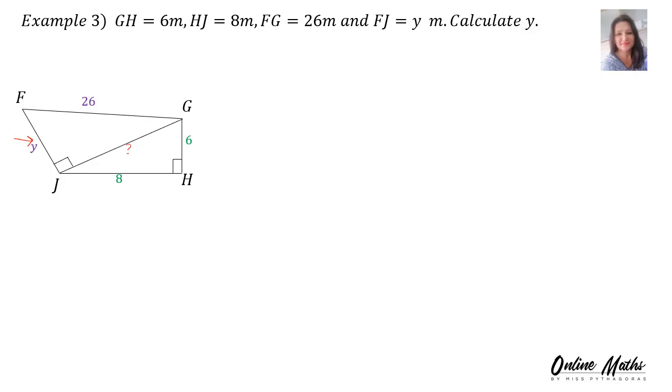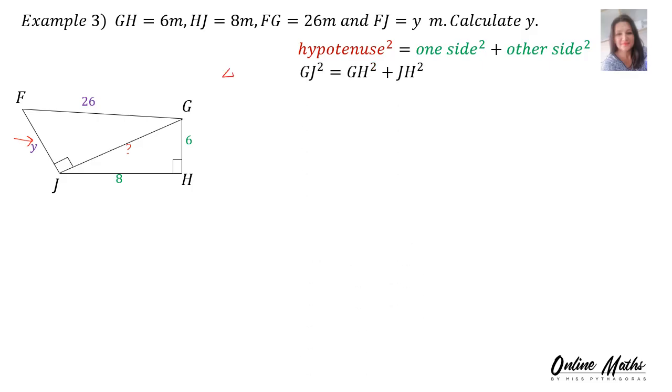So what we will do is we will work out the length of JG, and then we can move over to the other triangle. So it's a double whammy Pythagoras. Let's see. With Pythagoras, we always start: hypotenuse squared is equal to one side squared plus the other side squared. So now I'm working in triangle GHJ, and I can write it as GJ squared is equal to GH squared plus JH squared, and your reason,